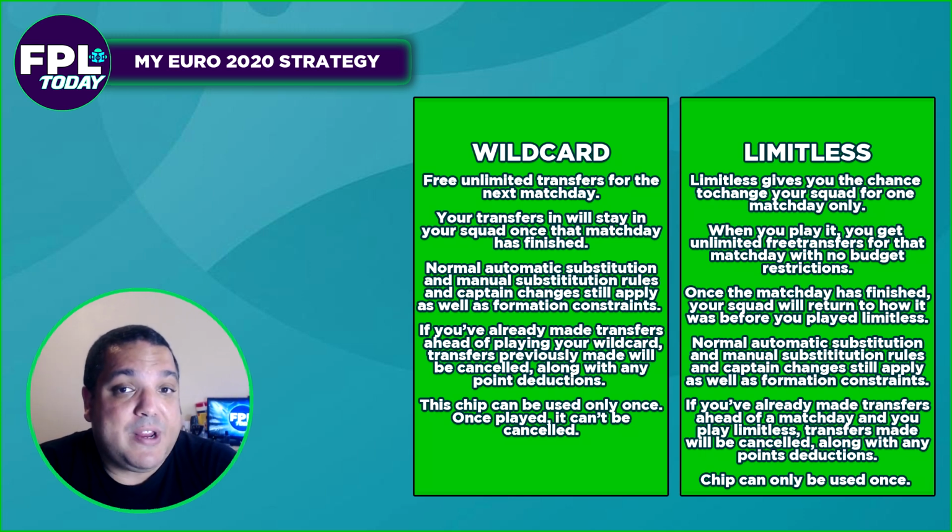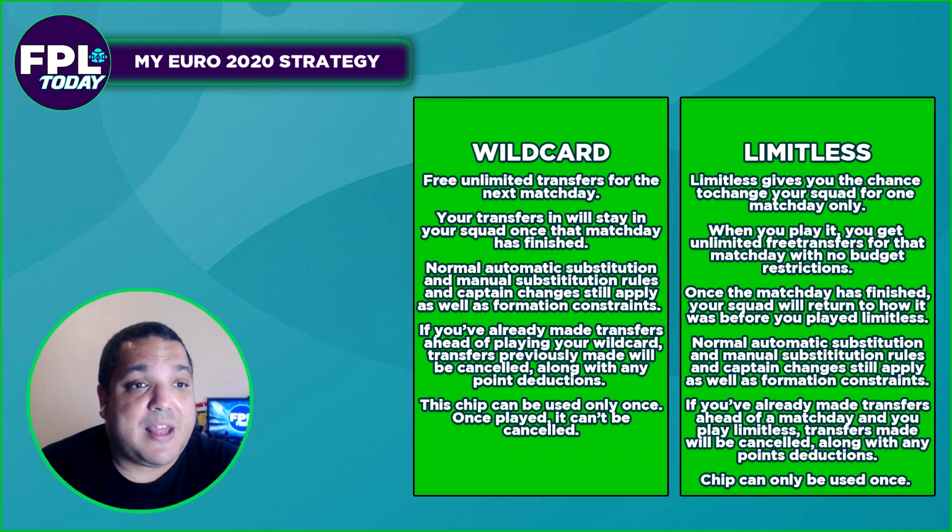And then after the 3 match days, you can have a complete overhaul because you get unlimited transfers before the round of 16. So my strategy will be playing each match day as its own individual match day by using the limitless chip in match day 2 and then using the wildcard in match day 3. Now there is of course the possibility of it changing around, using the wildcard first and then the limitless,